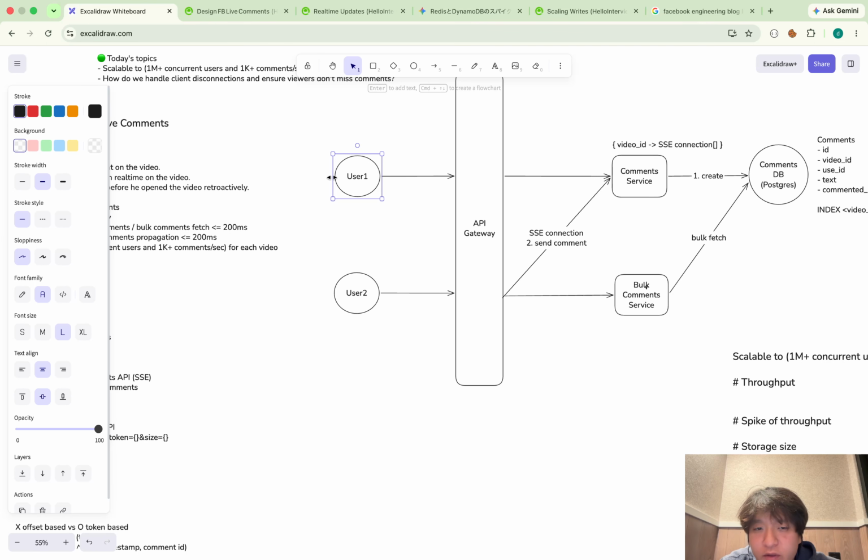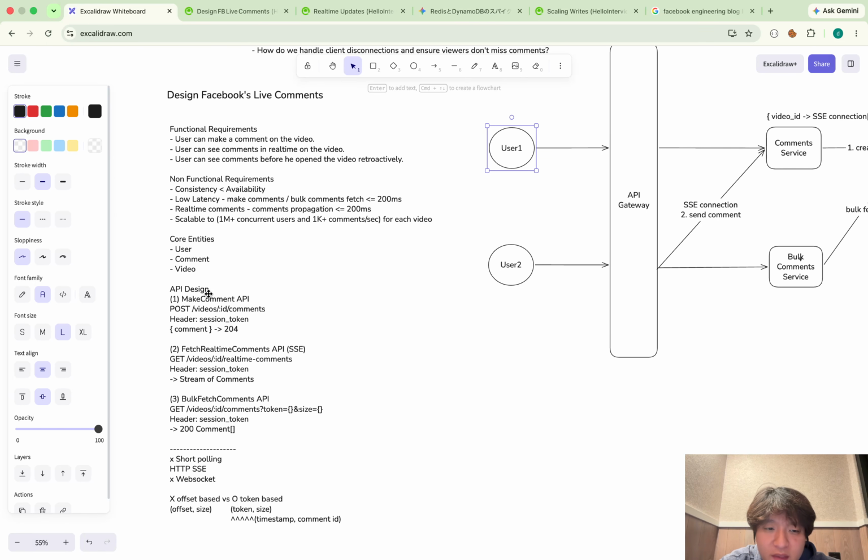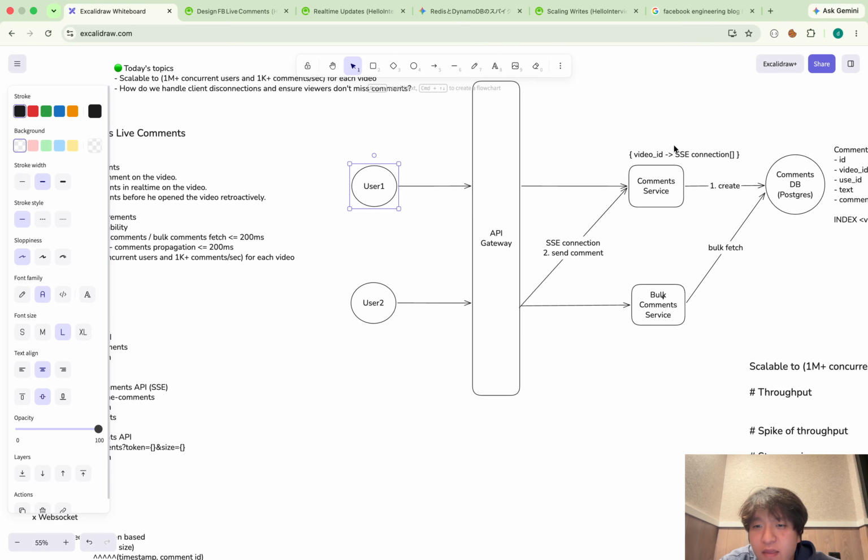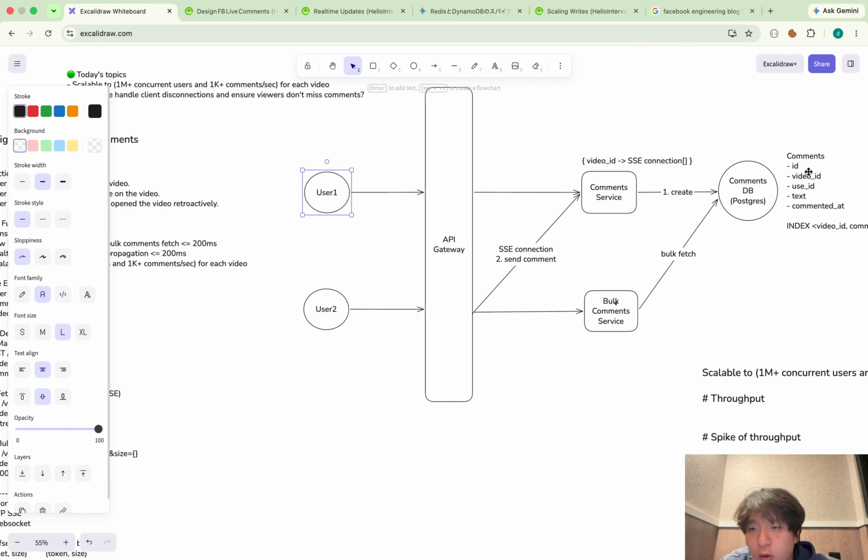In that case, when a user makes a comment, this comment service first receives the comment with an HTTP request, and the first thing it does is persist the data in the comment table. Then the comment service has to send this message to user 2 because they are watching the same video. Internally it has a mapping from video ID to SSE connections, like user 1's SSE connection and user 2's SSE connection.